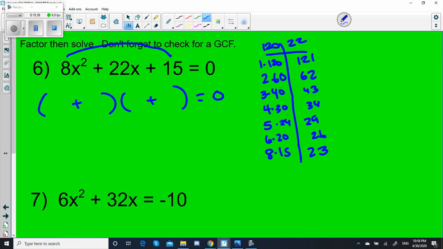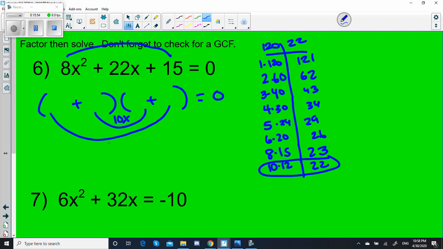We got anything else here? Let's see. How about 10? 10 times 12. There it is. It adds up to 22. There it is. Okay, so we need one of these to be 10x, and then the other, the outside two,